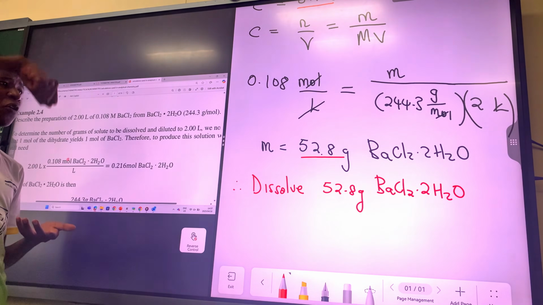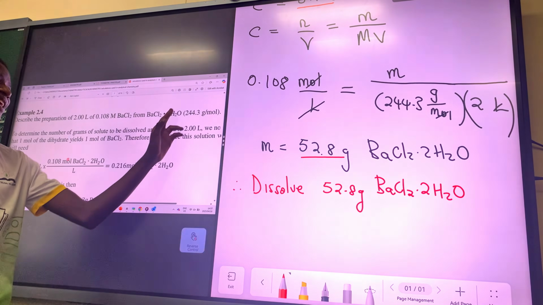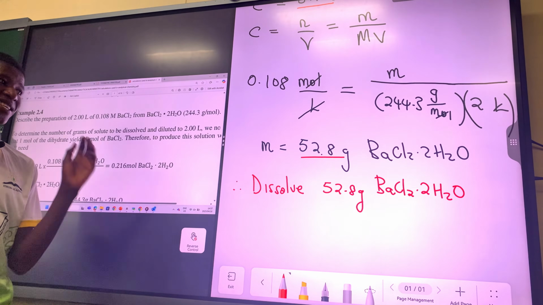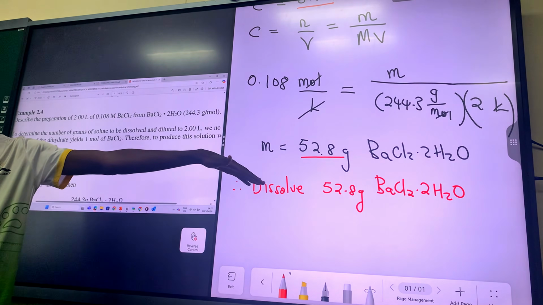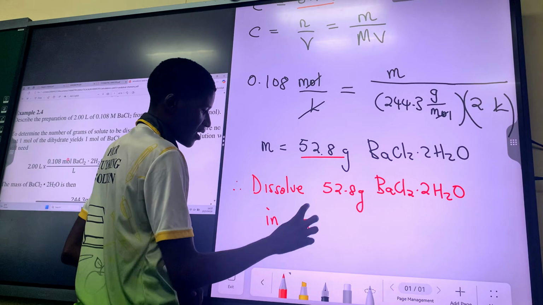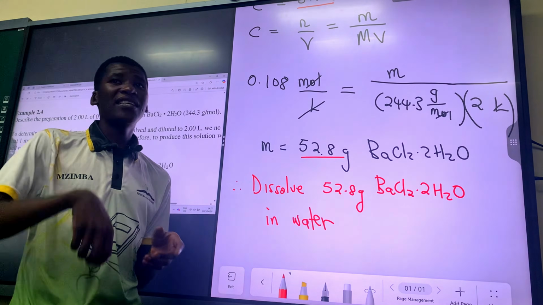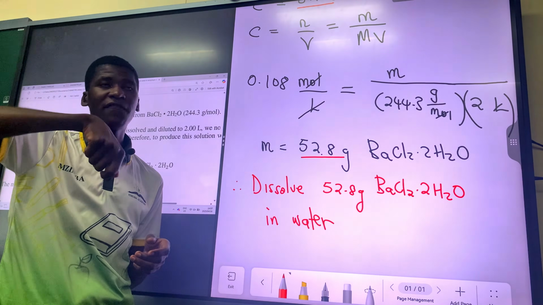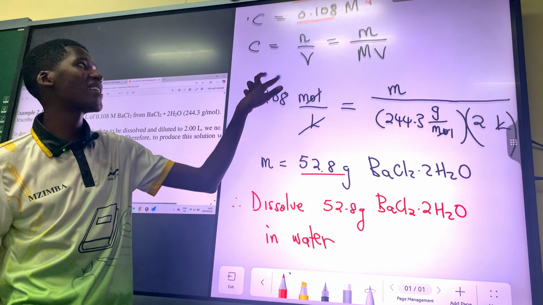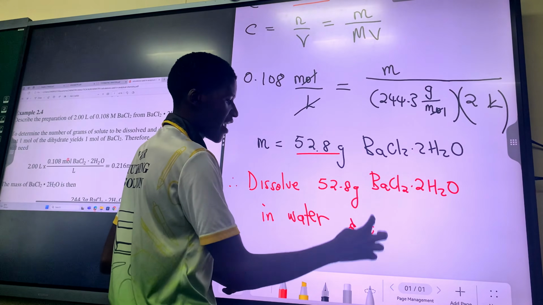So when you dissolve barium chloride dihydrate in water, the water molecules in the barium chloride dihydrate will just join with the water, and then you are left with barium chloride. So the idea is here you have to dissolve this in water. It means you will put in 52.8 grams, then add water, and then dissolve. And then you will dilute. Then you will add more water such that it is about 2 liters, because you want a volume of 2 liters. So you must also mention the volume. And you dilute